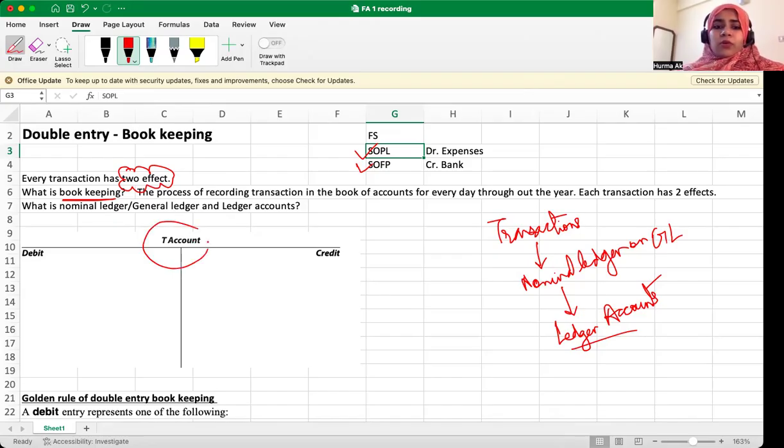This is how a ledger account looks like, by the way. It's also called a T account. So you'll see there's a debit on the left side, and there's a credit on the right side of your page. I hope you guys have made a note of it. So on the left side of the page, you can see there's a debit, and the right side, you have the credit. Okay, so this is how your ledger account looks like,